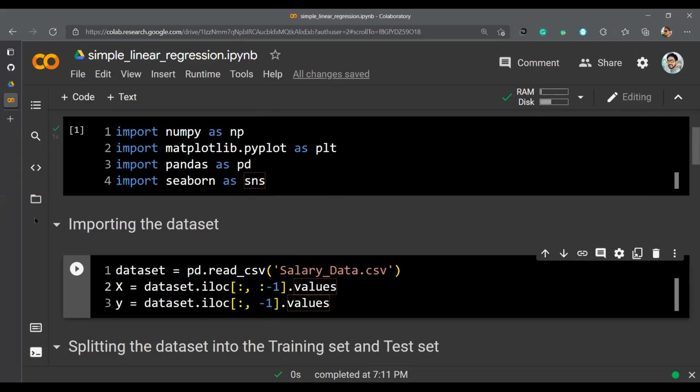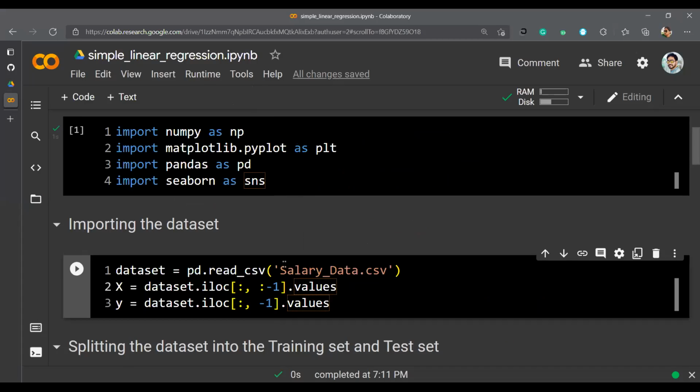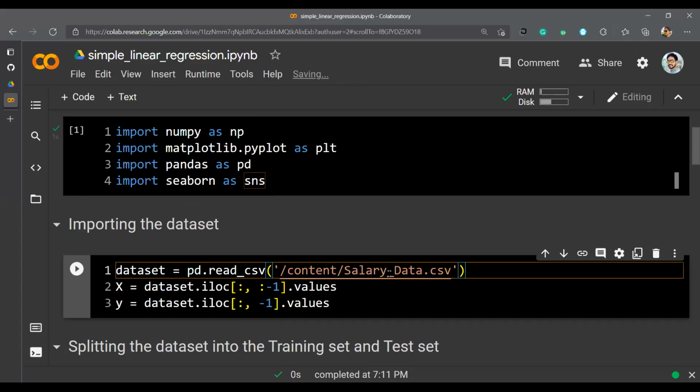Yeah. So there is this option on the right hand side. You click on it, and we can add it for the session. Upload to session storage. So I just click on it, and I get the option on my screen to select the file or data set that I need to upload. I selected that data set, and I have just uploaded it right now. After this has been uploaded, I need to just copy the path and then paste it here. This is what I have done here.